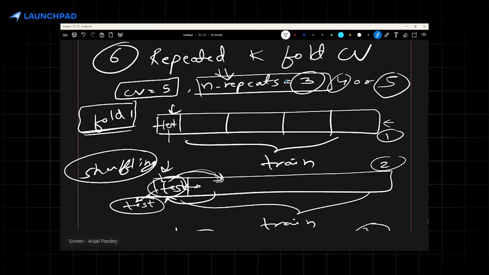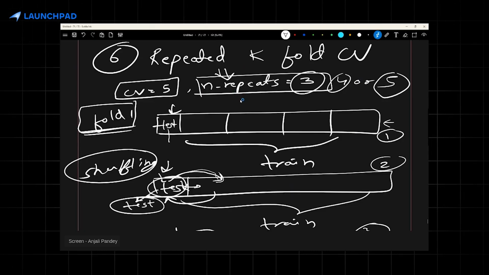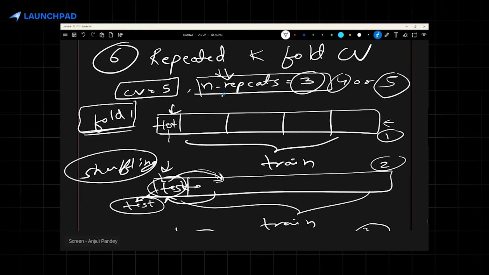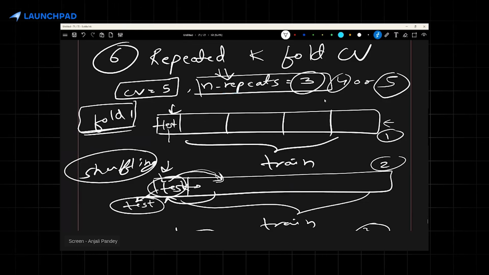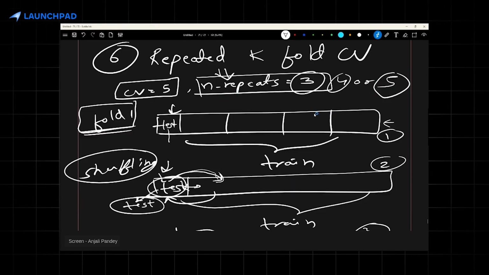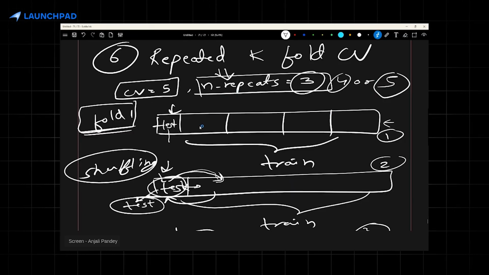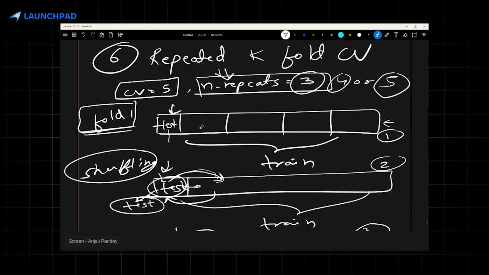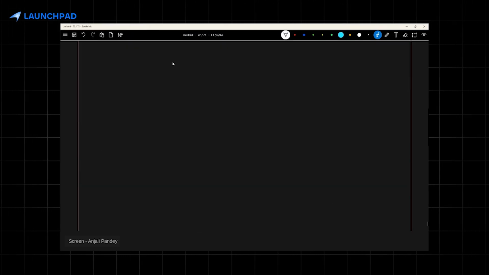Number of repetition just means that I'm shuffling the data. I can shuffle the data any point, like any number of times, right? Shuffling is a different thing. I can shuffle it 5 times, 10 times as well. Shuffling will just move around some data points from test to train, train to test, right? So it has nothing to do with this splitting of data, right? When I'm doing